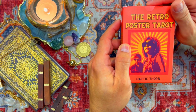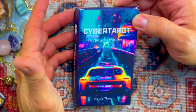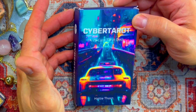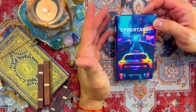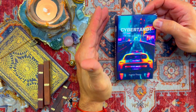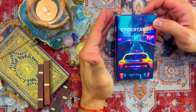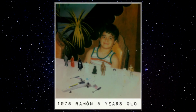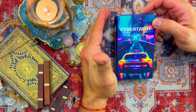And not only that one, but this one's called Cybertarot, a 78 card tarot deck by Hattie Thorn. I know futuristic decks are not everybody's cup of tea, but I'm a person who's always loved science fiction. Ever since I was a kid, one of my first toys were Star Wars toys. I'm a big Star Wars fan. Not so much Star Trek, never liked Star Trek, but I like everything related with